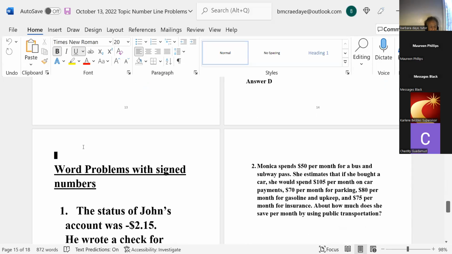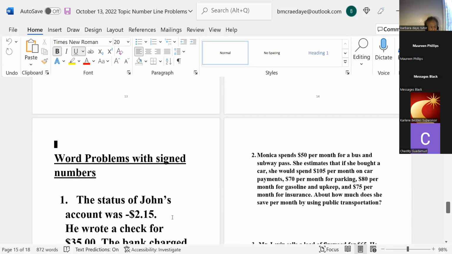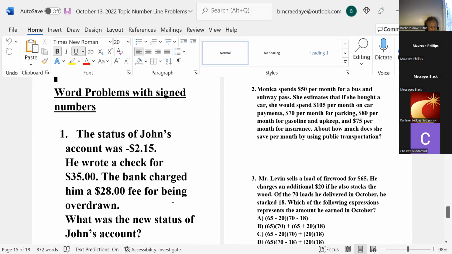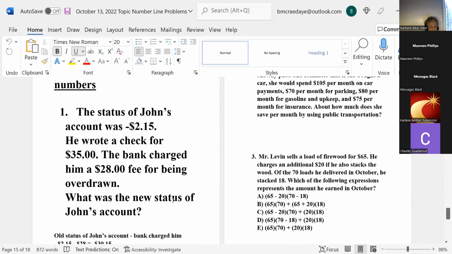I'm not seeing it on the left, but the top of it, the word problem with signed numbers. Yes, it's coming up now. Okay, so that's where we are. Status of John's account was a